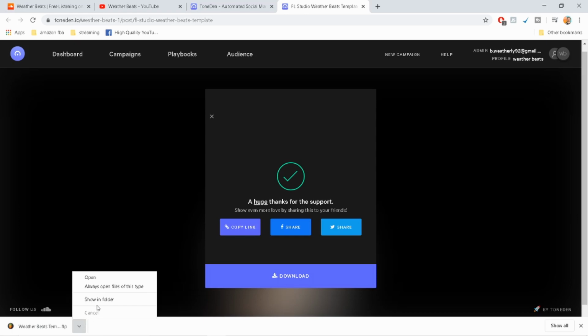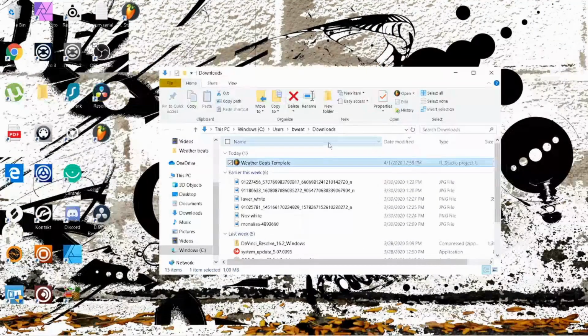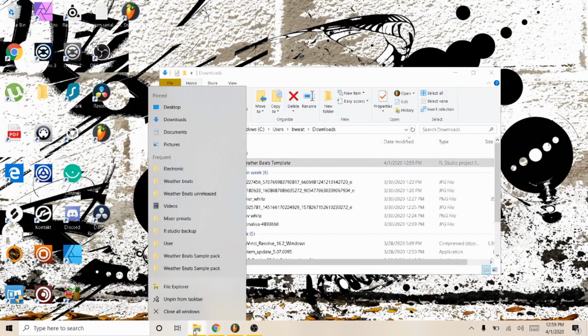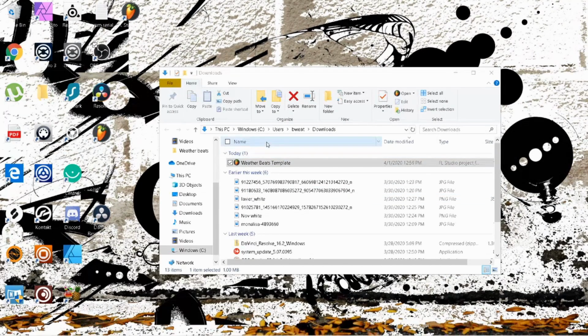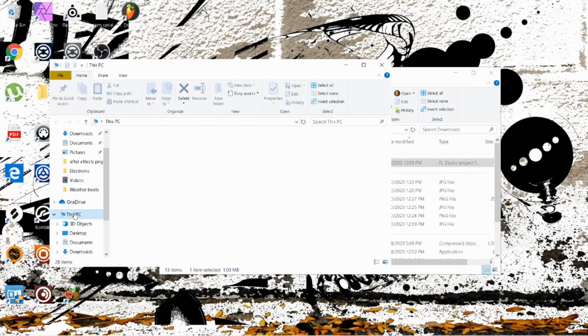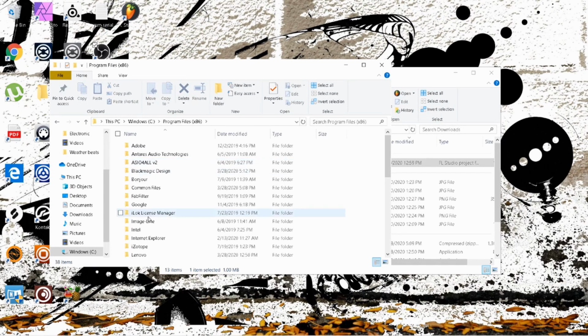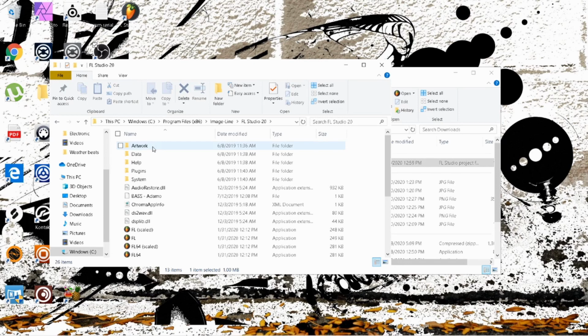So once you got the file downloaded, on Windows, you can go to show in folder. Not 100% sure about Mac for this one, so sorry for you Apple heads out there. But now that we have our template pulled up right here, we're gonna open another file explorer. So I'm not gonna do that, but that's all you have to do, and now it's in there. So if you already have FL Studio open at this point, I would close it out and reopen it. And once you have it reopened, so it's just like whatever your default template is right now, you can go to File, New from Template, Advanced,